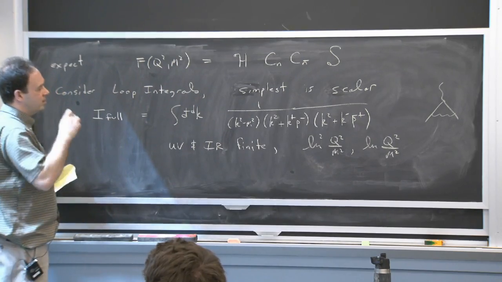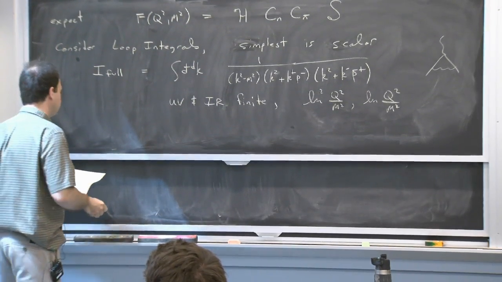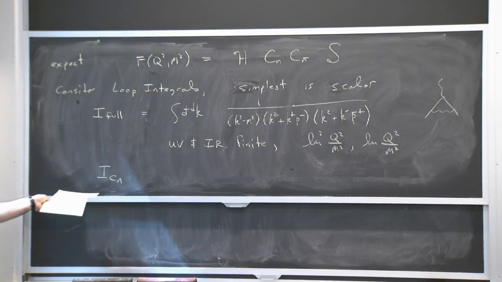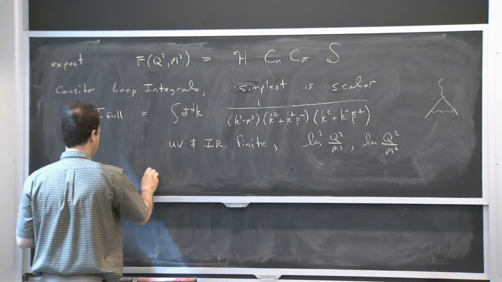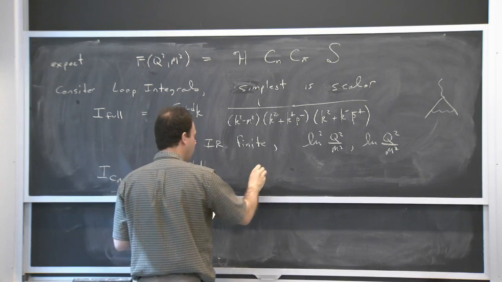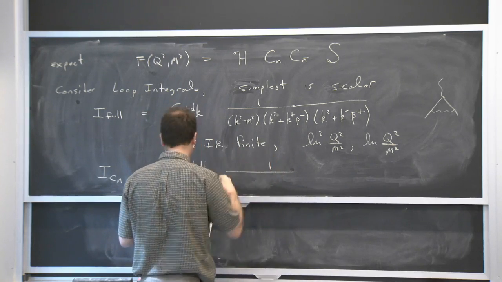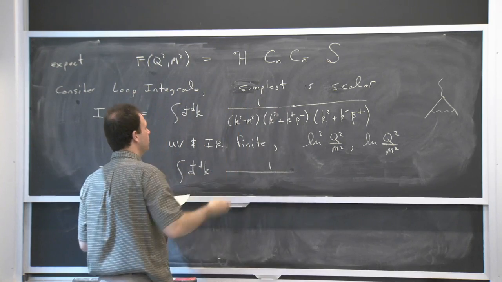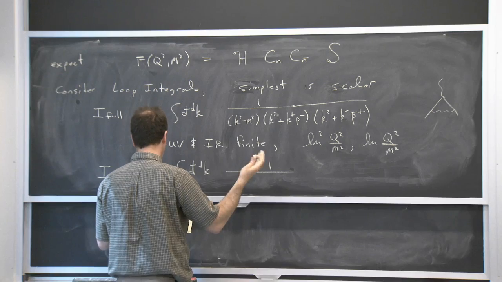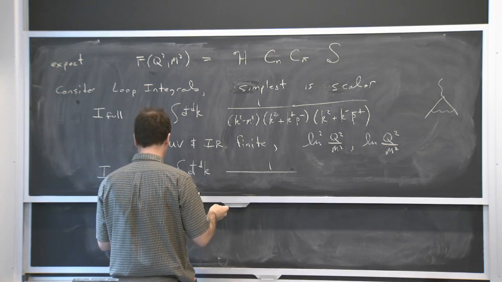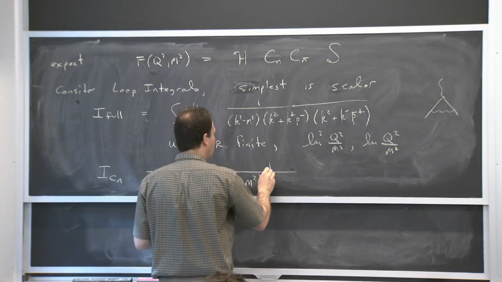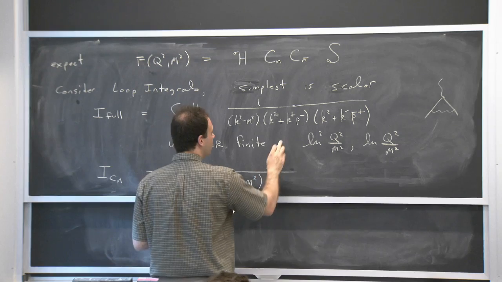So now let's think about what would happen in the effective theory. So we have a kind of analogous loop integral for collinear, where the gauge boson is collinear. There's some numerator, but again, I'm not going to worry about it. If this numerator is constant, it's effectively the same constant. If you take the leading order numerator in the full theory, it'll be the leading order numerator in the effective theory as well. But the denominators do change. And so if we took the n collinear,